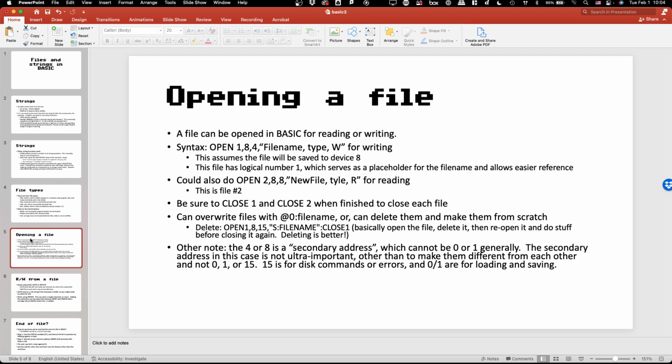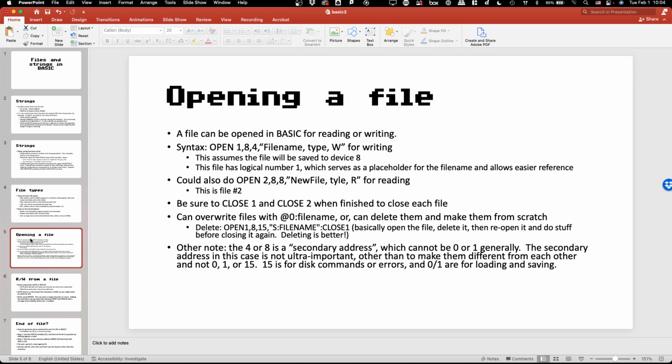The point of the 4, or I could have made it 3 or 2, the number itself in this case doesn't matter. It allows you to do sort of secondary functions. For reading and writing from a disk, it doesn't matter. But for using a printer or some other devices, it can. Like I said, I have not found a good list of every secondary device with every primary device and what its function would be,